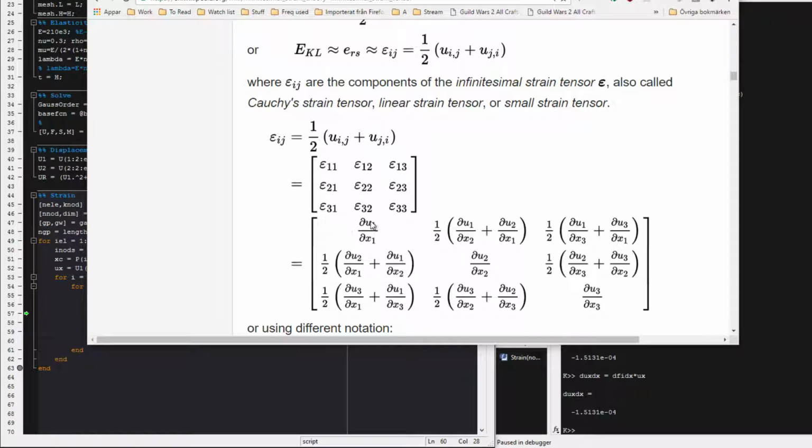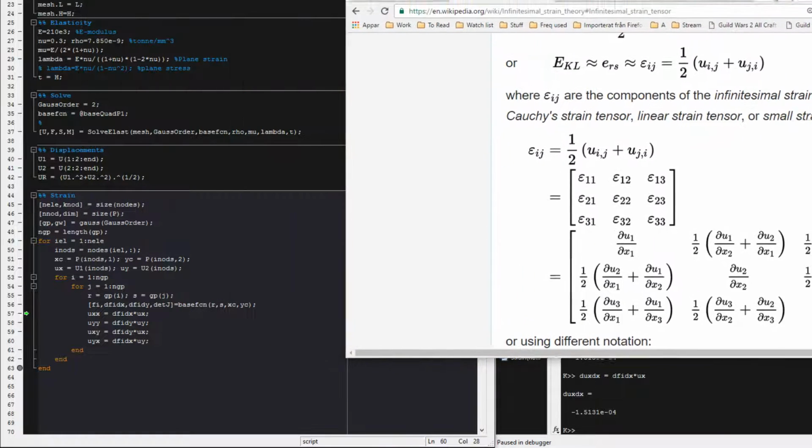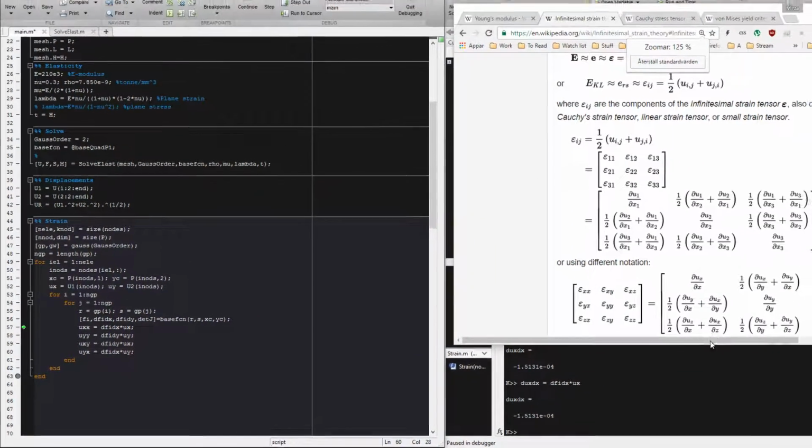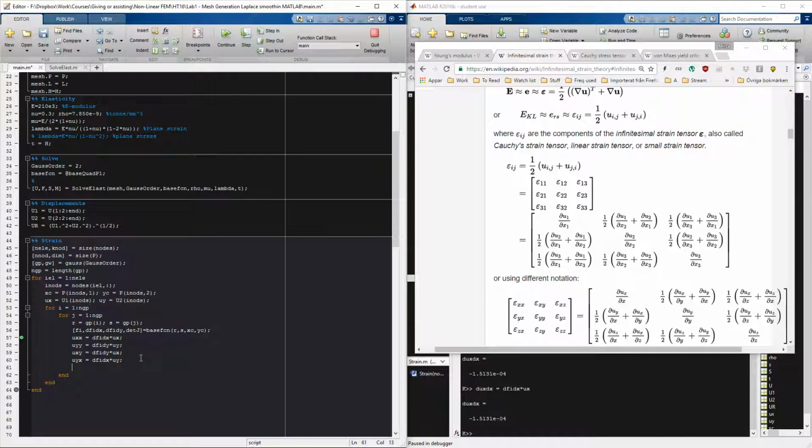epsilon here by grabbing these and putting them in here. So let me just move this here. All right, a nice cheat sheet. Okay, so let's just do eps is equal to a matrix, and this is u_xx, and then we have open parenthesis u_xy plus u_yx, right? Yes, divided by 2,